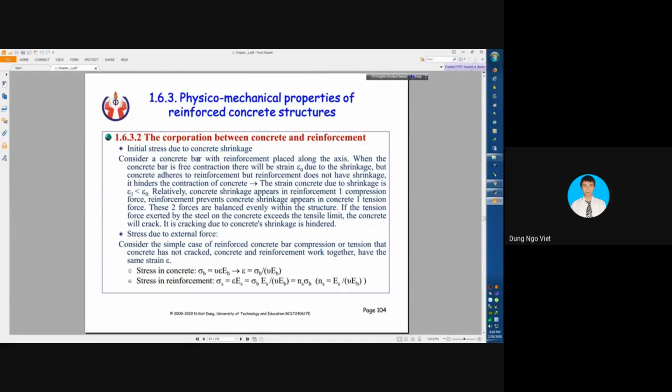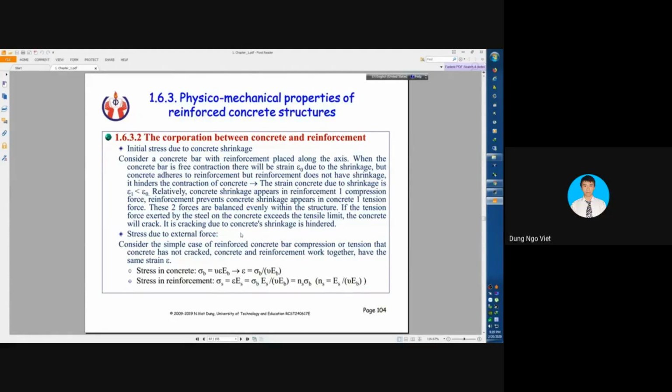We consider a concrete bar with reinforcement placed along the axis. When the concrete bar is free to contract, there will be the strain epsilon zero due to the shrinkage. But concrete adheres to the reinforcement, and the reinforcement does not have shrinkage. It hinders the contraction of concrete. So, the strain of concrete due to shrinkage, epsilon 1, is smaller than epsilon 0,